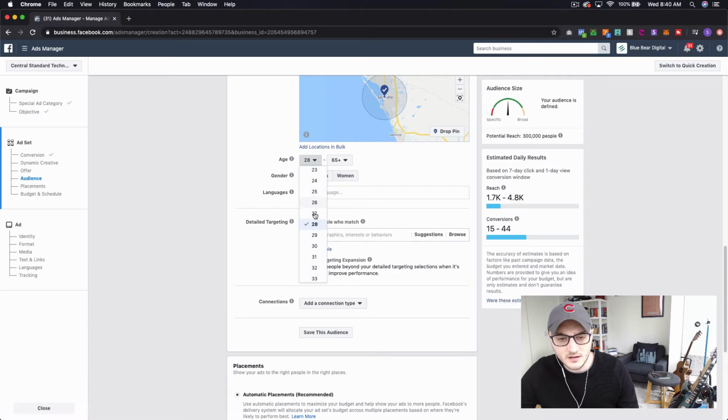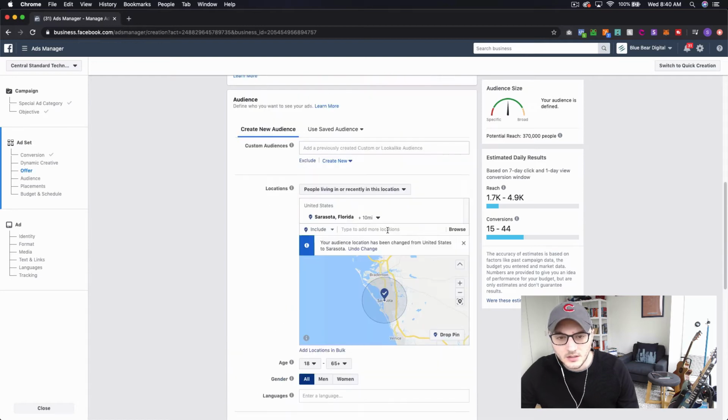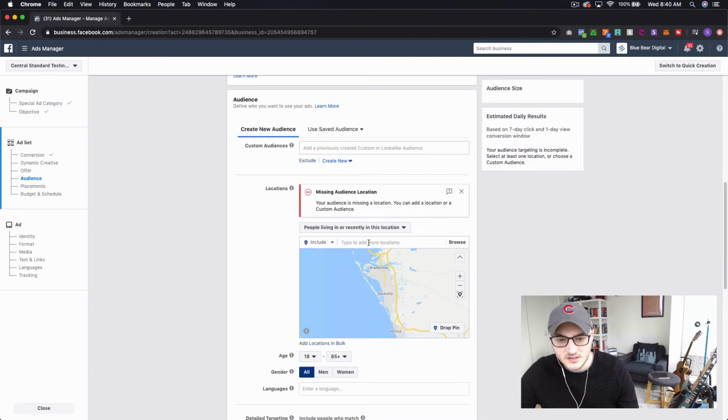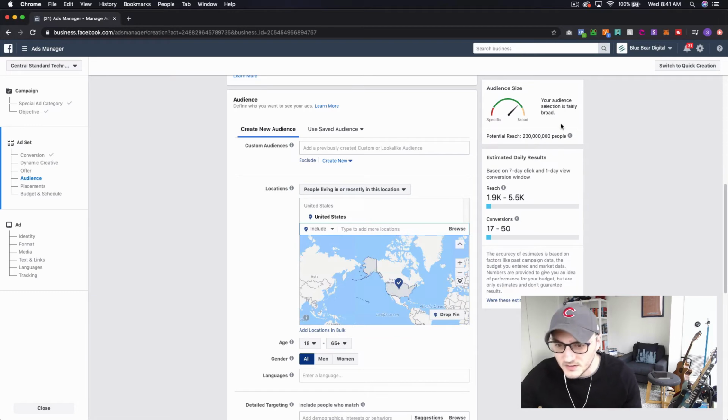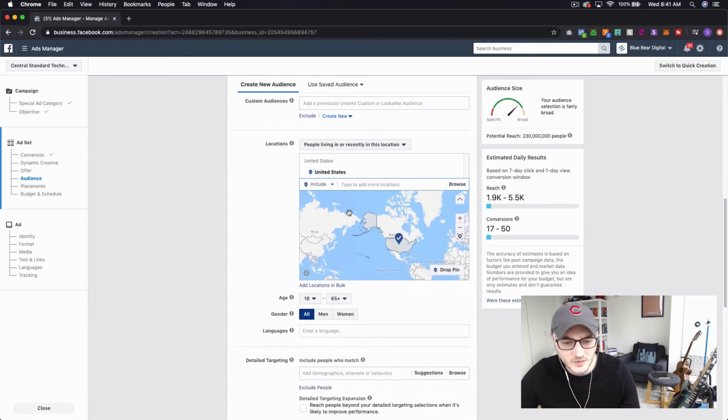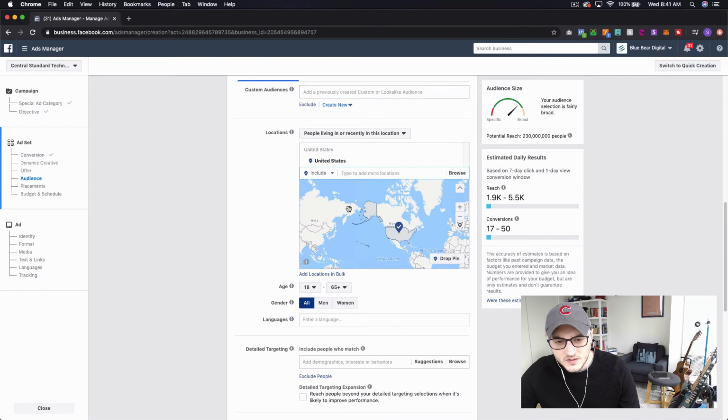Let's reset all of this back to where it was. And we just want to get rid of Sarasota and maybe put United States back. Okay. Yeah, so now we have 230 million people, so we're reset. Okay, so the